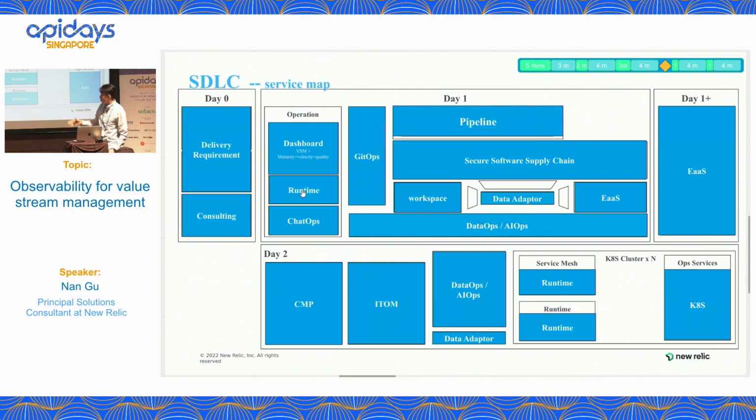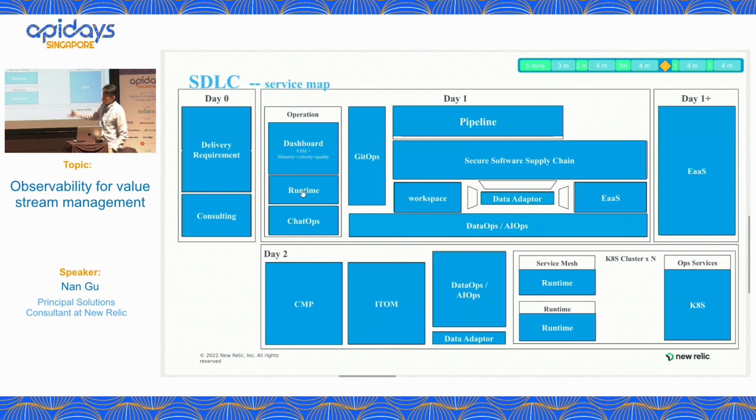You have ITOM, you have maybe DataOps, until you have a cluster where your application will be deployed into the environment, and the user can see it. But of course, that also means this is a production environment. With the application in there, as a user you have to make sure there is no downtime, or at least when there is downtime, you have to fix it within 2 hours according to the finance regulations, right?